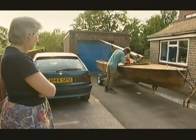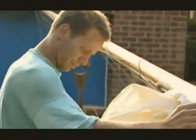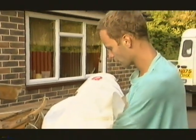My quest for a suitable boat to restore has led me to this 1930s racing dinghy known as a Sharpie, and the first signs are pretty good. I say, Ratsy and Lapthorn sails. Look at that. By appointment to Her Majesty the Queen. Top-notch stuff. These are Terraline sails,